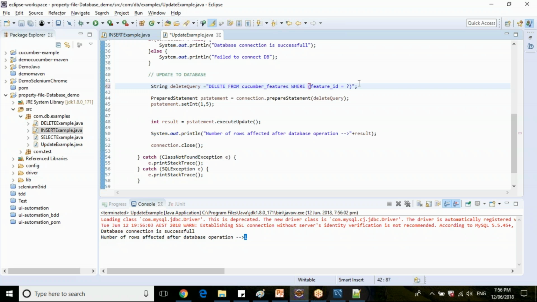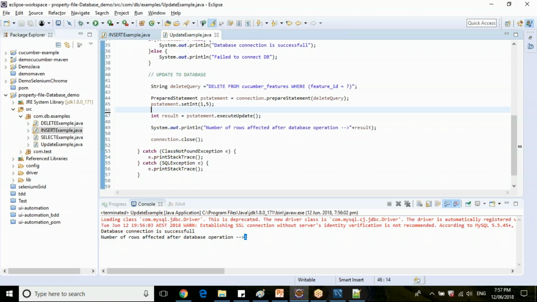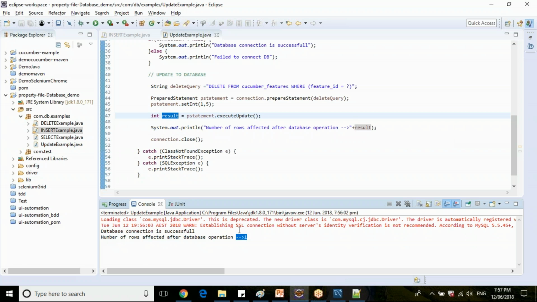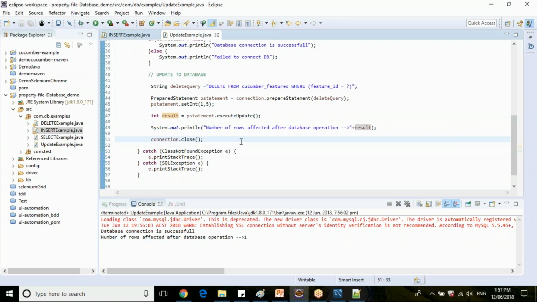You do not need to put a semicolon, it's not mandatory. So delete from the table where you pass which feature ID row you need to delete. Then you prepare the statement, and since we have one parameter to set, which is of type integer, you set it in the prepared statement. Then we execute that prepared statement with executeUpdate, capture the result into an integer, and print how many rows have been affected. Clear, guys?